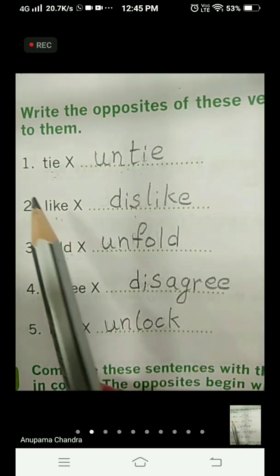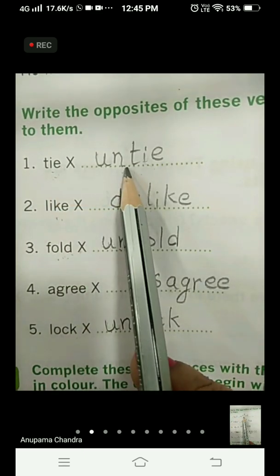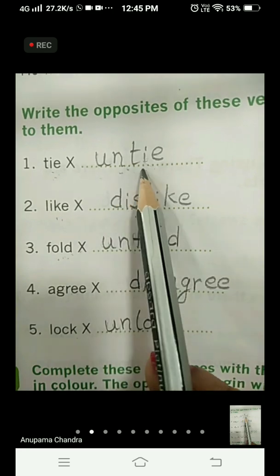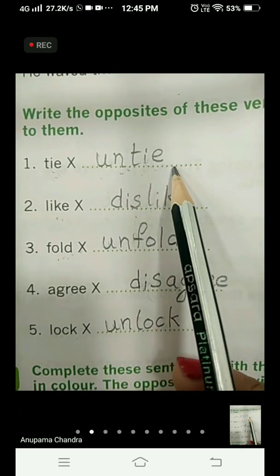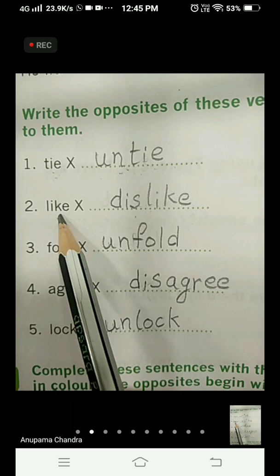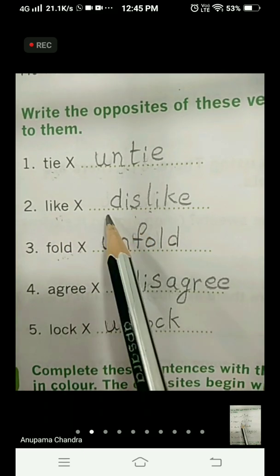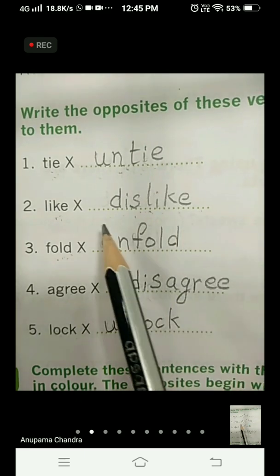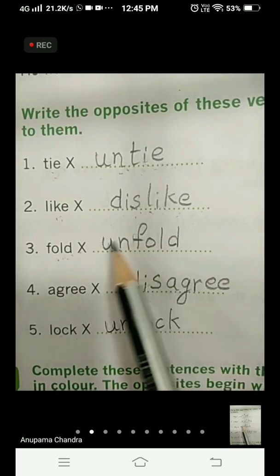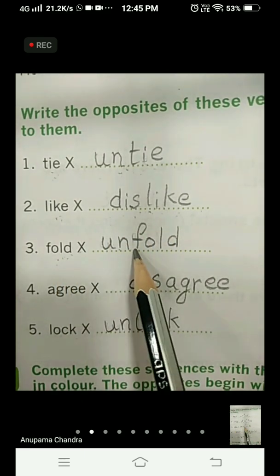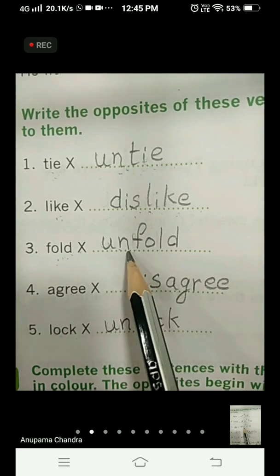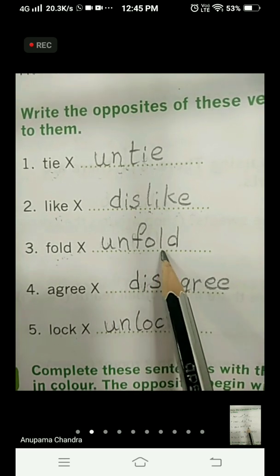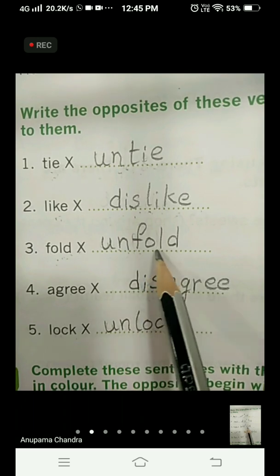I repeat, children. Tie, untie, U-N, tie, untie. Like, dislike, D-I-S, dis, L-I-K-E, like, dislike. Fold, unfold, U-N, fold, unfold.